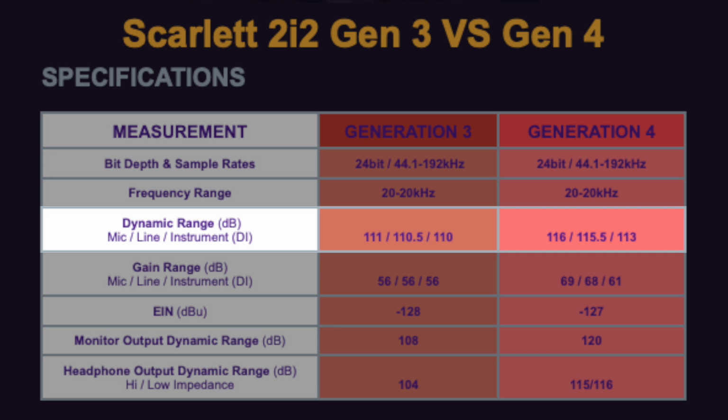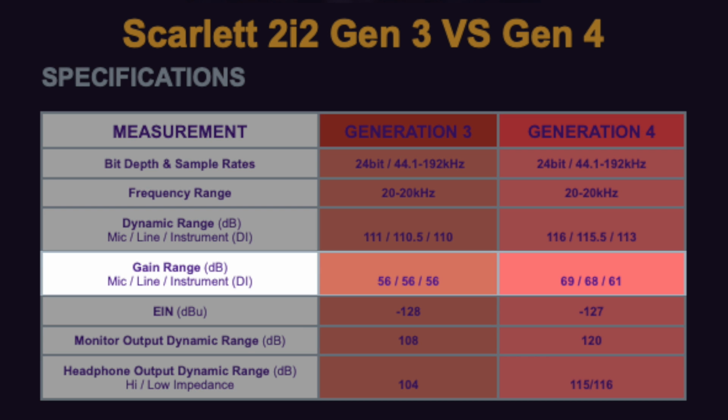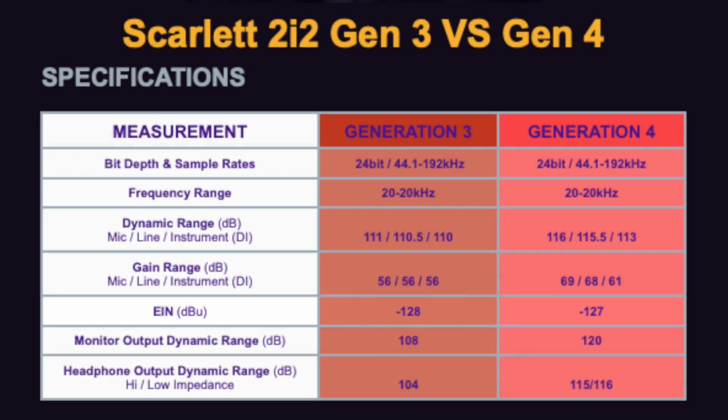The dynamic range on the mic and line inputs has increased by 5 decibels, giving us more headroom before clipping. The gain range has been increased by 13 decibels to 69 on the mic ins, whilst retaining a very low noise floor. Now, all preamps introduce circuit noise to the top end of their gain range, usually the last 10